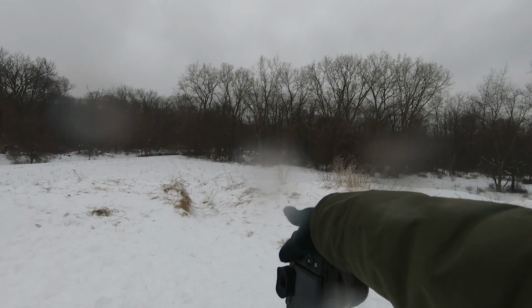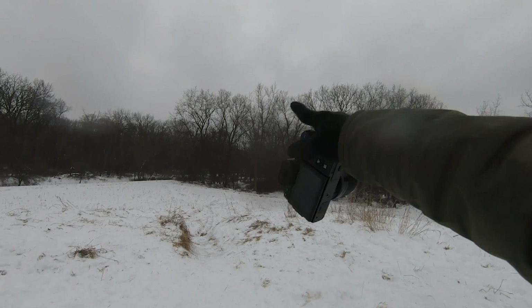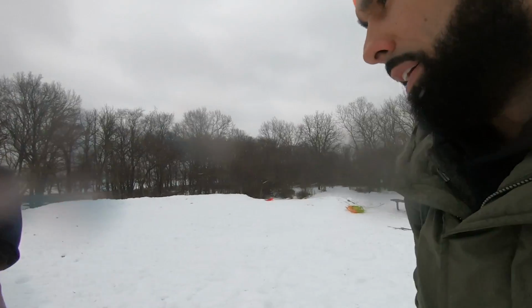My idea is to see, because we're more elevated, she's gonna be right here, and I'm gonna shoot from a little bit lower angle. It's gonna be kind of a surreal shot where she's a little bit higher, closer to the top of the trees. That's the idea. Damn, my lens is...